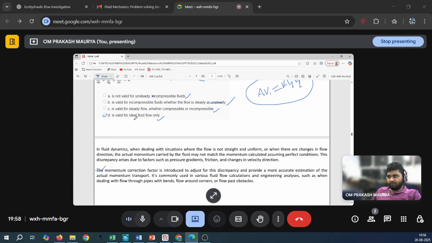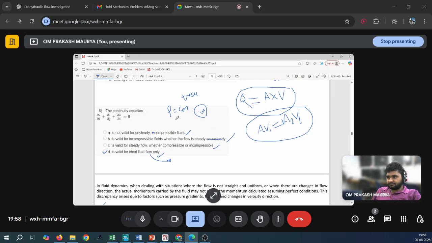In ideal fluid flow, we consider that the flow is steady, incompressible. So remember, please, or let me just check whether